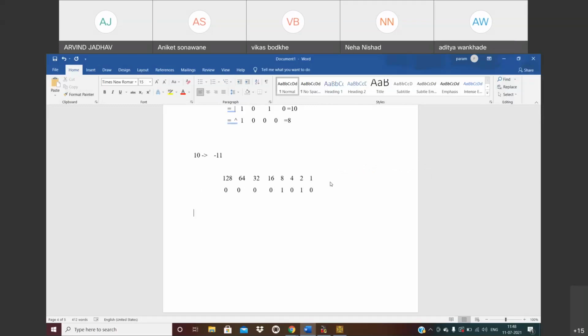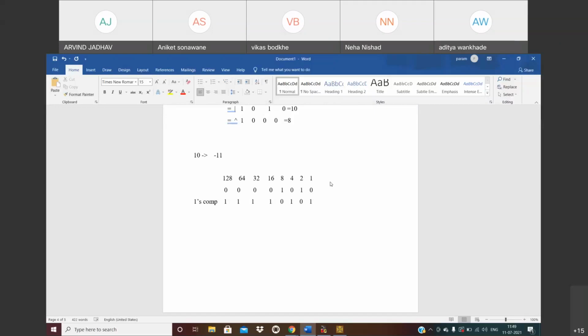The first step, we need to write the negation. Okay, negation matlab kya hai? Ones complement. We need to write the ones complement. मतलब जितने 0 bit है उसे 1 करना है और जितने 1 है उसे 0 करना है. So let's try. 0 replaced by 1, 1 replaced by 0, 0 replaced by 1, 1 replaced by 0, and 0 replaced by 1. Okay, so we get the ones complement.